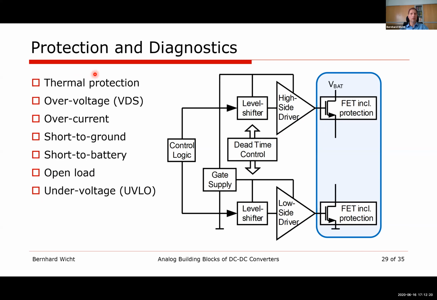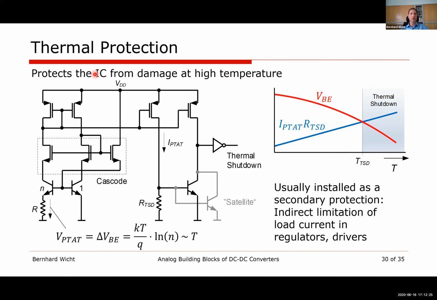I don't want to talk about all these blocks just because time is limited. As an example, I would like to talk about thermal protection. That's usually installed as a secondary protection. If our current limit doesn't work, whatever, the chip heats up, then we detect this failure case by a circuit